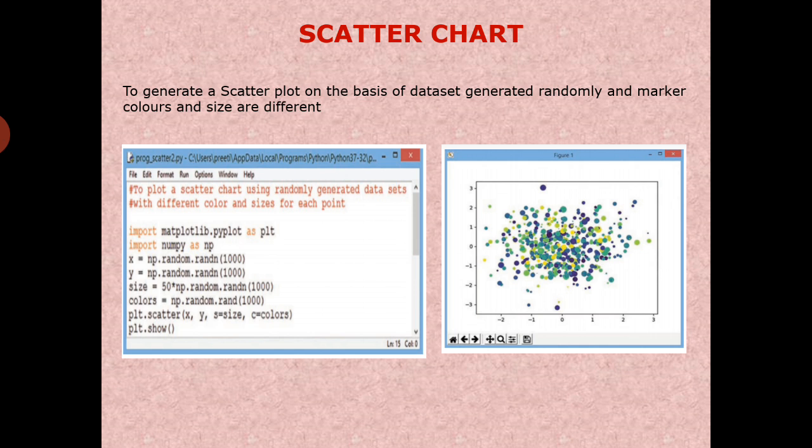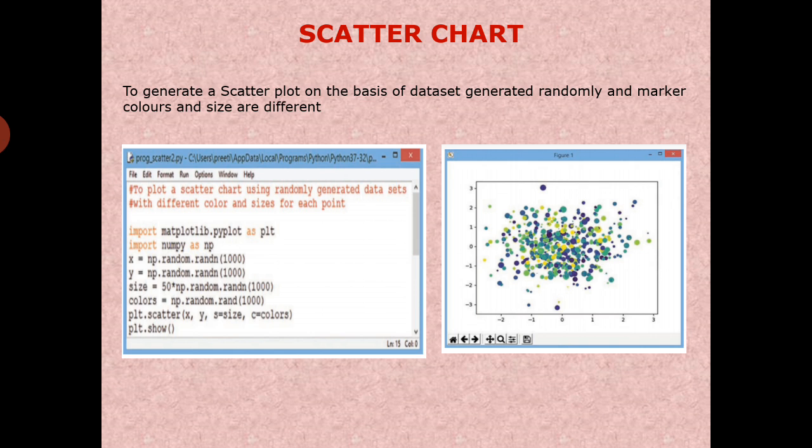Students, to generate a scatter plot on the basis of dataset generated randomly and marker colors and size are different and explicitly defined. Now, here in this program, we shall be importing NumPy library for rand function using the rand NumPy function to generate the datasets.